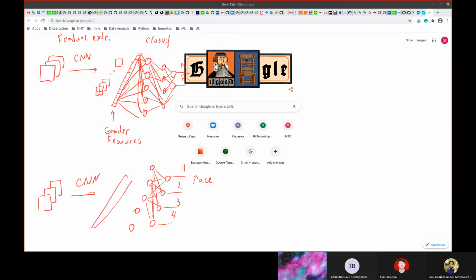And yes, you can tell that this feature vector is a race feature, which was extracted from images, from an image of a face. But these examples correspond to a model just for age or race or gender classification.